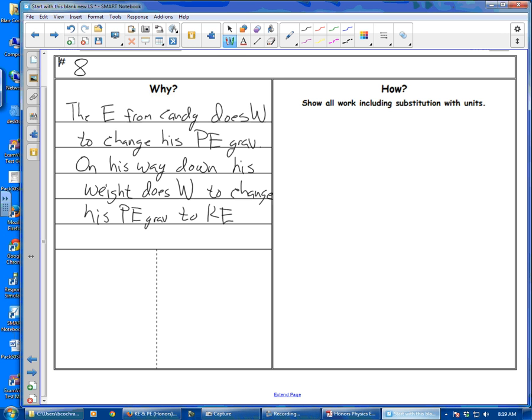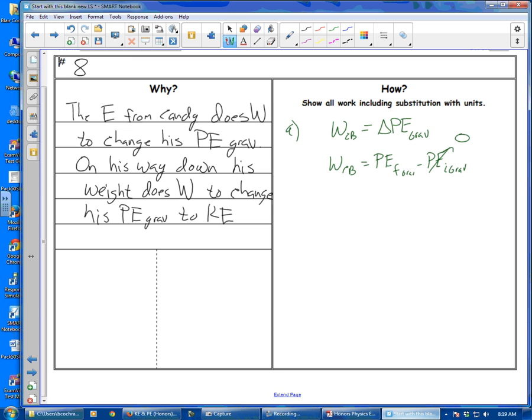So in part A, the work done by the candy bar, call that work CB, must equal his change in potential energy gravitationally. So work CB equals PE final grav minus PE initial grav, and we're going to call that potential energy at